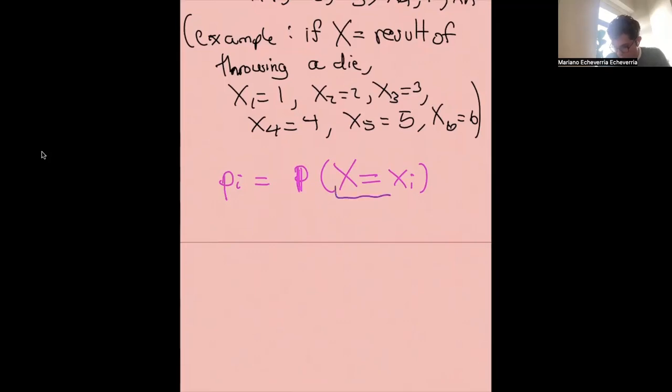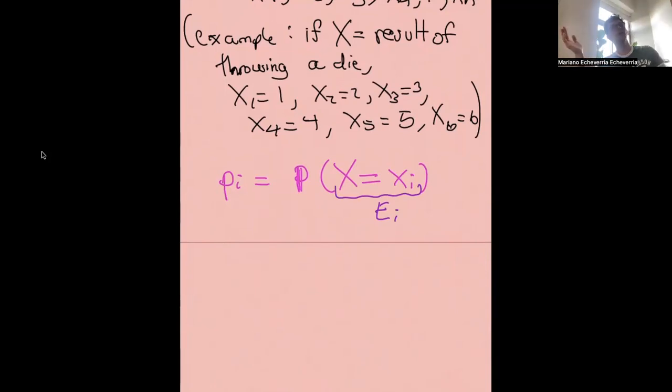To connect it to the previous discussion, this is an event or an outcome, like the fact that x took a particular value. So the average or expected value of the information of all these events